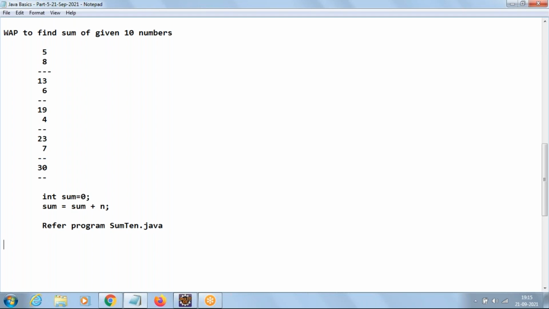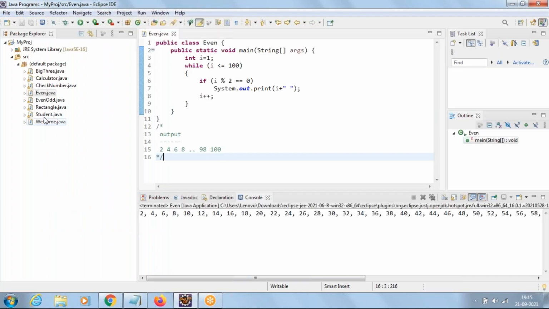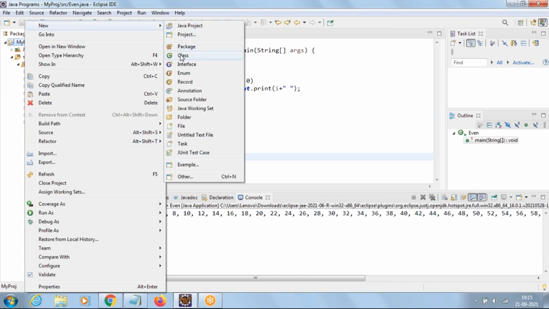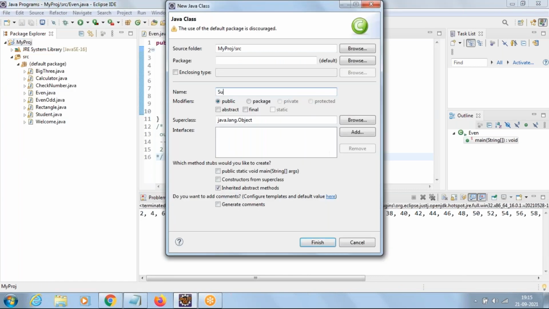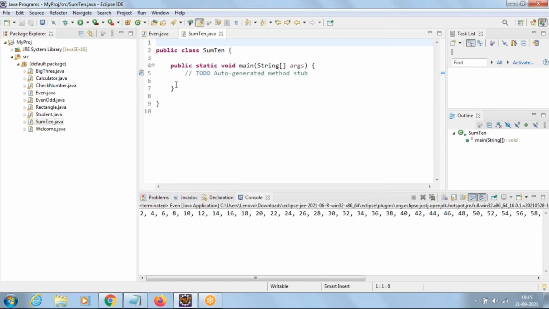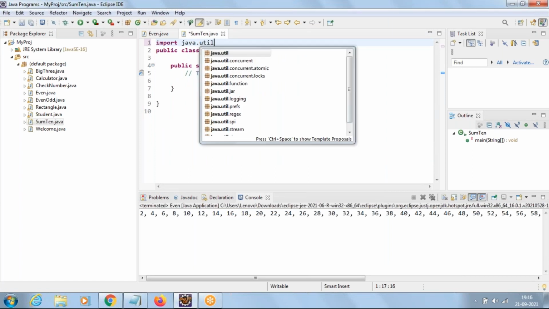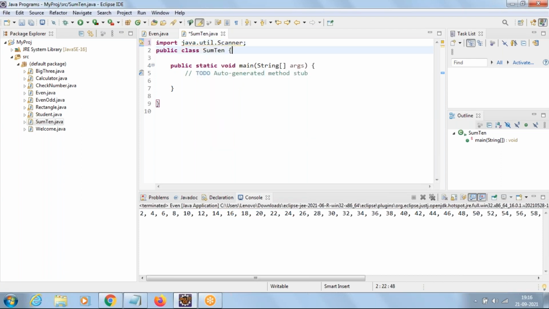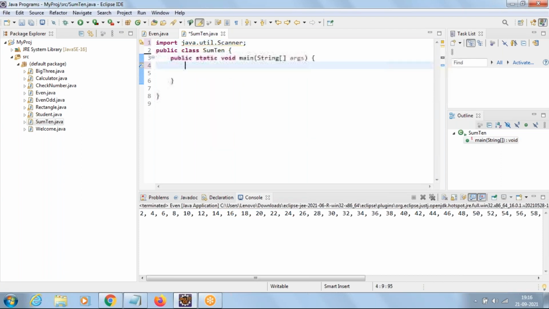Sum10.java. Right click on project and say new class Sum10 with main method. Now for this we require scanner, so import java.util.Scanner, create object of scanner, connect to keyboard,